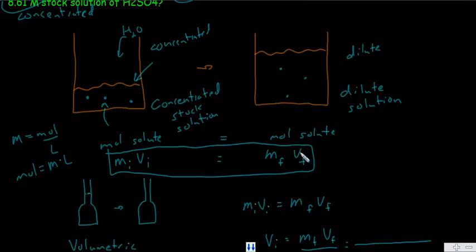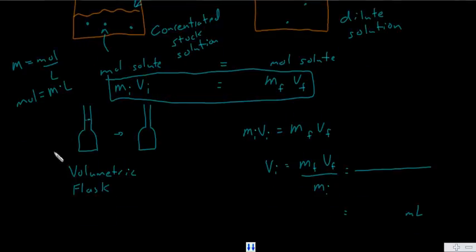So again, the question is, how can we prepare this new dilute solution of sulfuric acid? And so what we want to do is start by using a volumetric flask. This is a flask which has a line at a very precise point, so that if you fill the solution to that line, you have precisely 1 liter or 2 liter, whichever that volumetric flask is designed for. And so you're going to start out with that initial concentrated solution, however many milliliters or liters of that concentrated solution, and then you're going to pour in